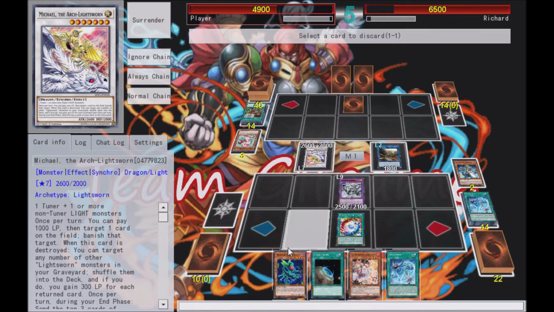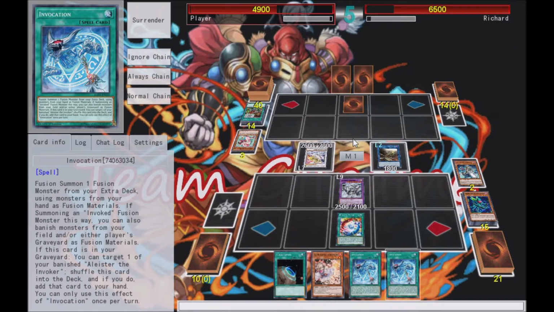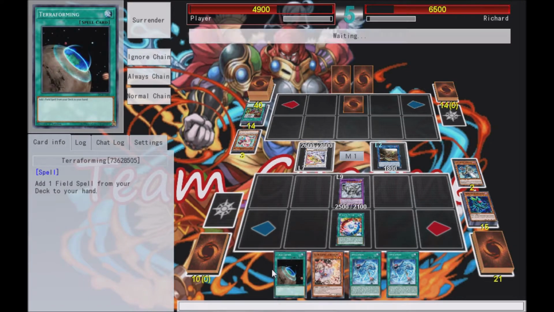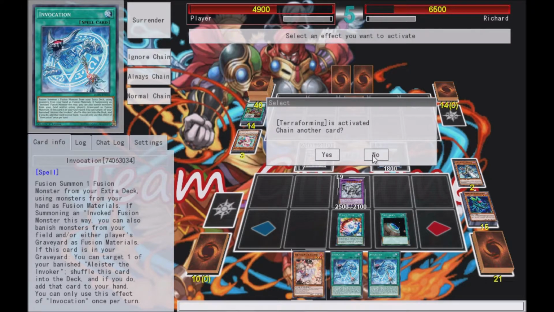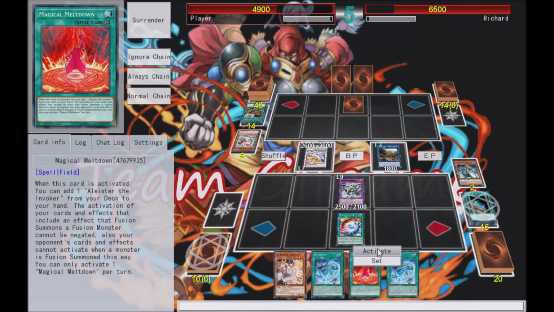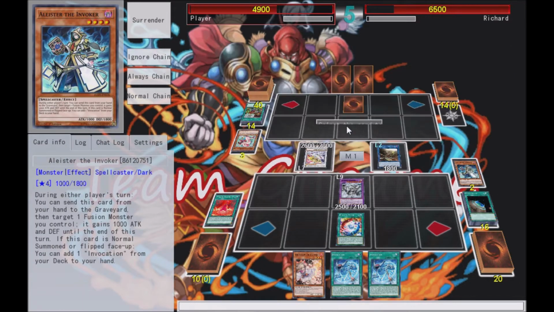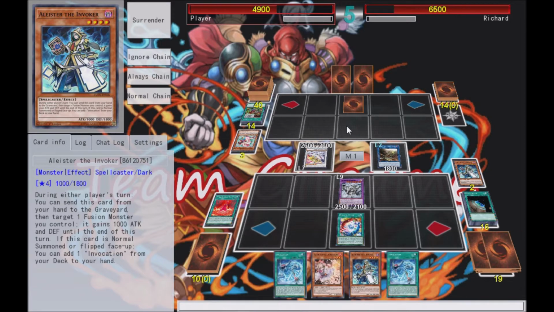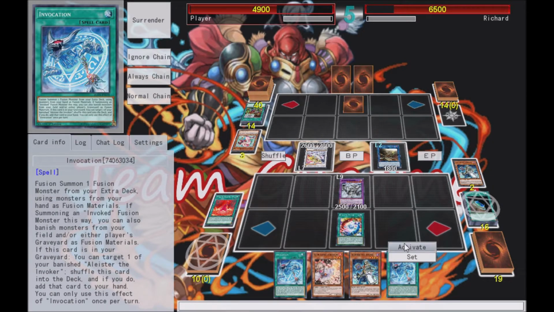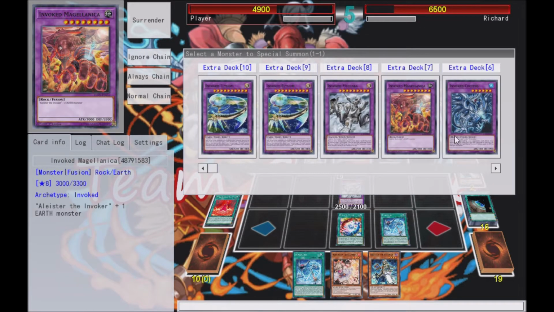Yes. Pitching. Adding Invocation to deck to hand. Activate. Magical Meltdown. I'm not going to make the same mistake twice this turn. We're going to activate. And nope. Search to hand. Now you can triple fusion summon. Invocation. Nope. We are going to...